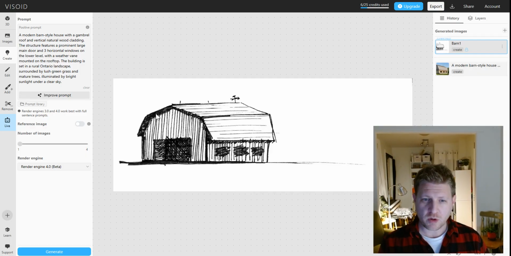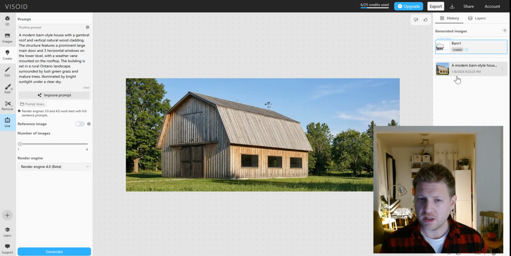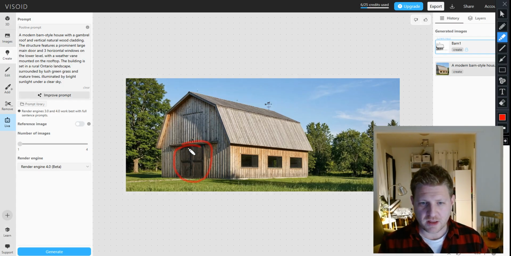This was a little more squat. I would say it's not super tall. It's a little more sort of traditional. This is still pretty traditional. This door though, that's off. That is not a front door of a house. But